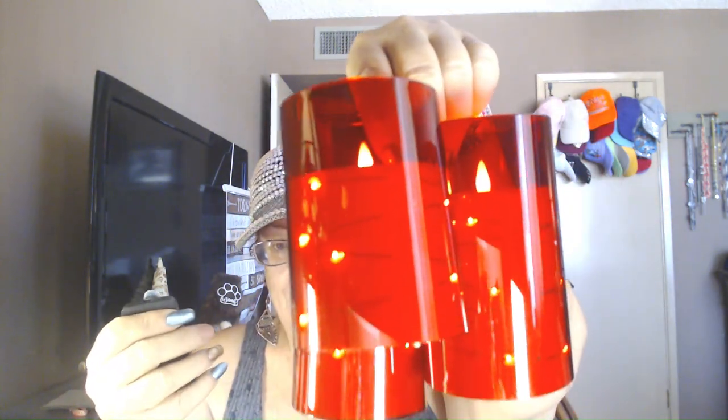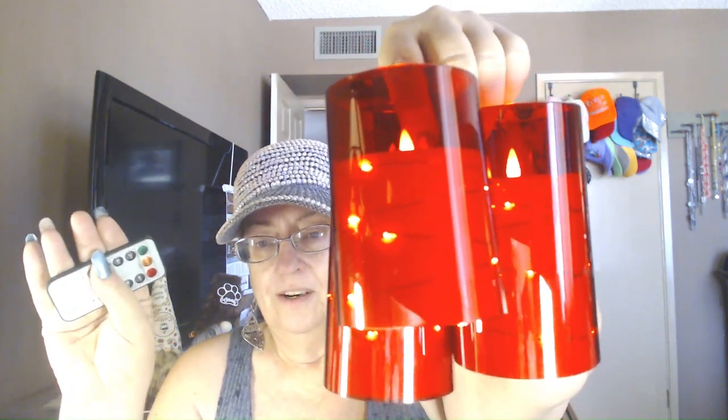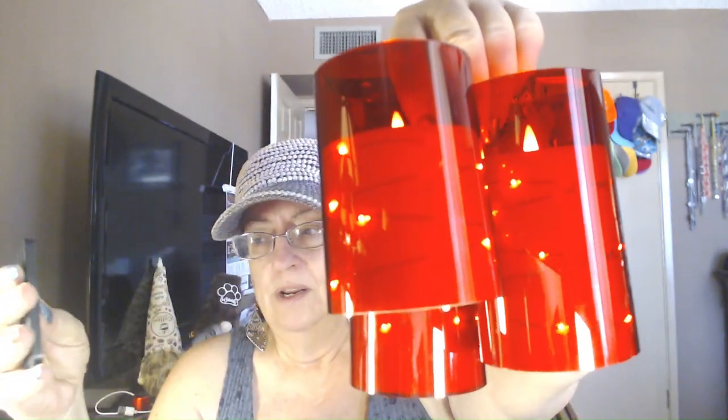Okay. Switch them to light, which means just the candle part on top lights up. Just 3 flames. Click it again, and now the twinkles come on. Now wait, I go down here to mode, I click on candle mode. So you've got the candle on top. If I click on light mode,